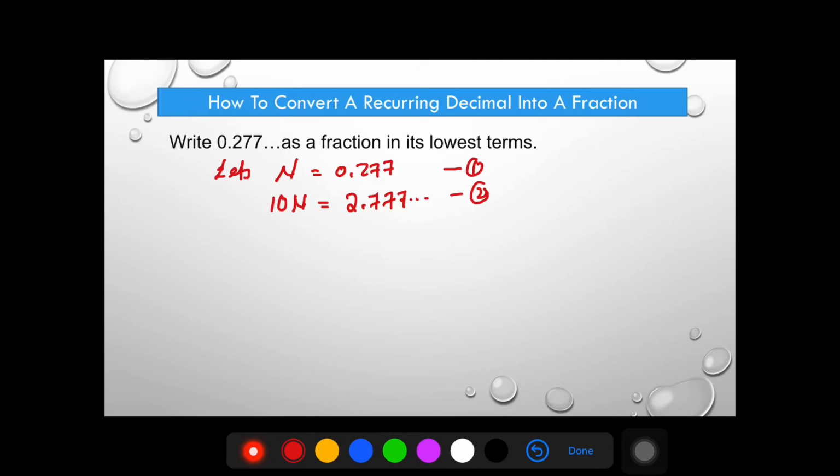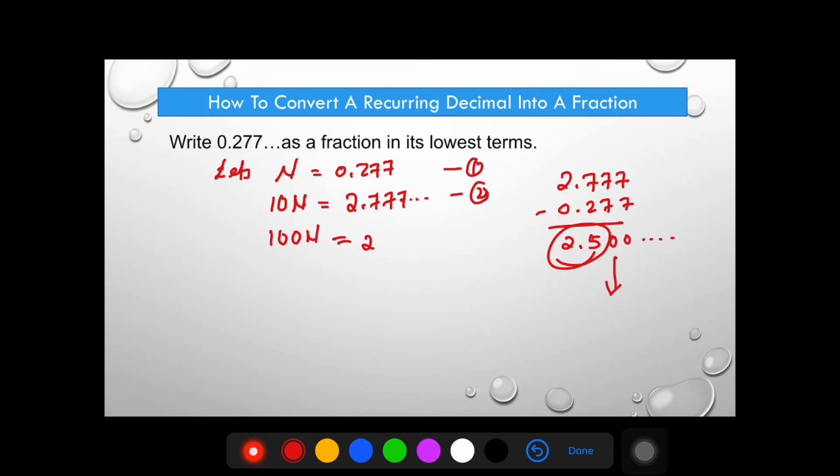you'll find that 2.777 minus 0.277 is 2.500 and so on. This one is not complete, because we still have the decimal here. So I try to make it 100n. Multiply with 100, they will become